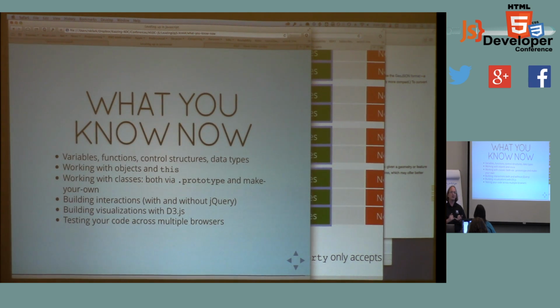But what do you know now, right? Think about what you've picked up in just the last few hours. Variables, and when they turn into globals or not, how to keep them from turning into globals using use strict. You've done a lot with functions. You've been able to write your own functions, pass them into things, store them in variables, pass them around. Control structures. So if, the do while loop, the for loop. Data types. Objects and